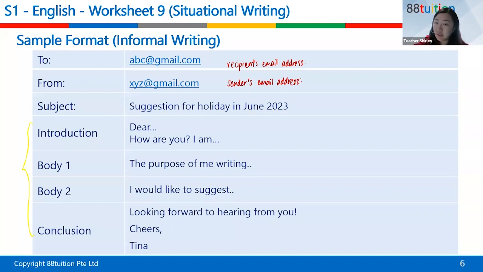Very importantly, for email, you must have a subject. So the subject is here: a suggestion for holiday in June 2021. So introduction, salutation, very important, dear so and so. And because it's an